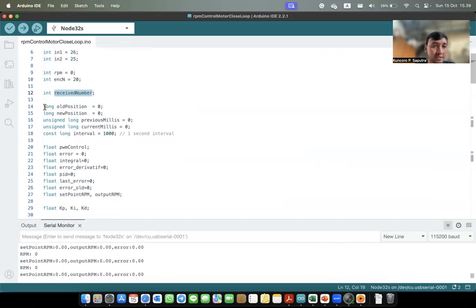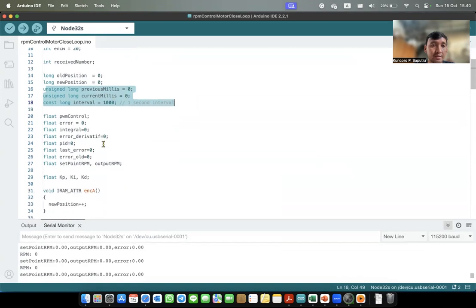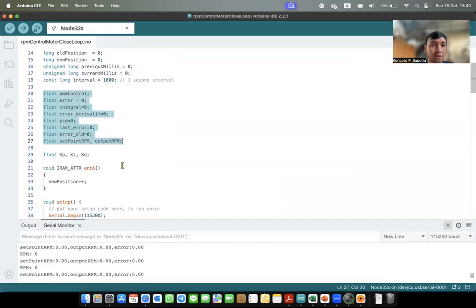After that, this variable is to calculate the RPM with the old position of the counter and the new position of the counter in the encoder. This variable is for the interval, we measure the rotation per second using this variable, and this variable is for the PID algorithm.